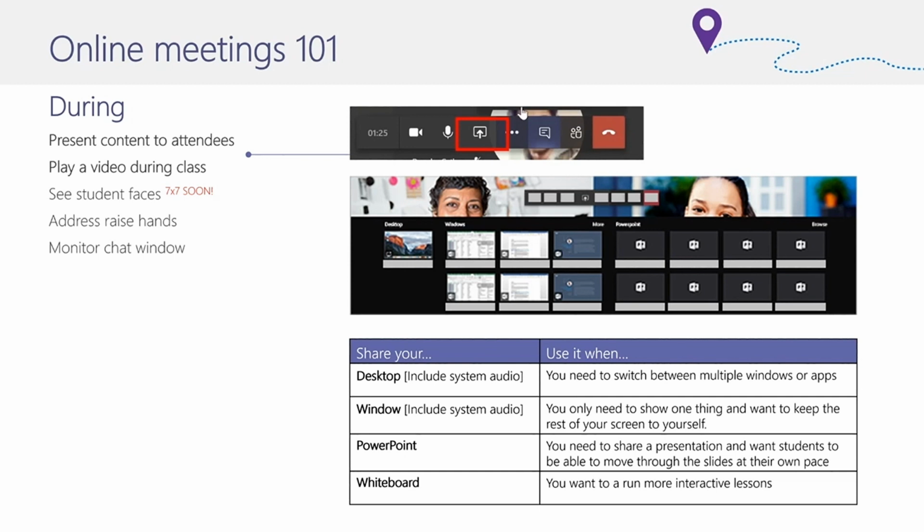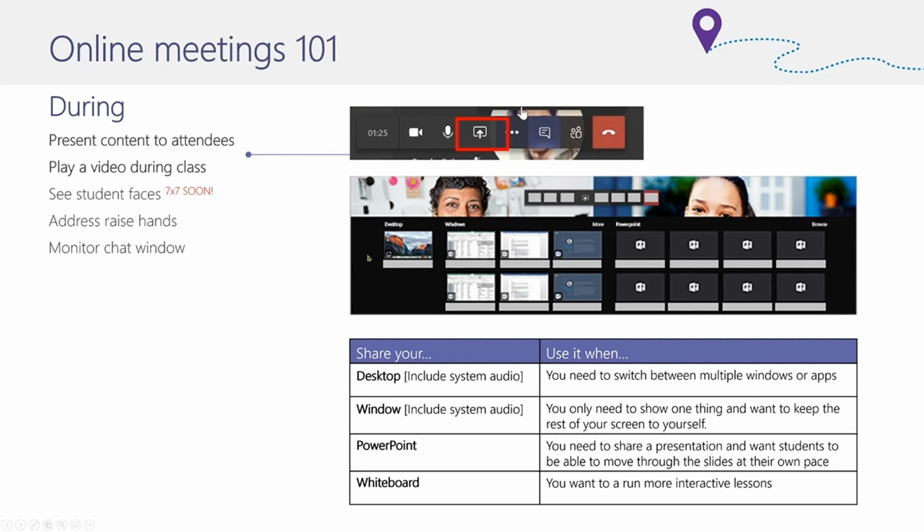And one of those we're going to touch on a little bit later in terms of whiteboarding. When you are sharing, obviously then you will hover over the meeting that you're having, and you'll see that this bar will pop up, your meeting bar will pop up, and the red square around there shows that this is how to open what's called your share tray. And when you open your share tray, you will see that it brings up a black box with a number of different things in it, starting first of all with your desktop on the left hand side.